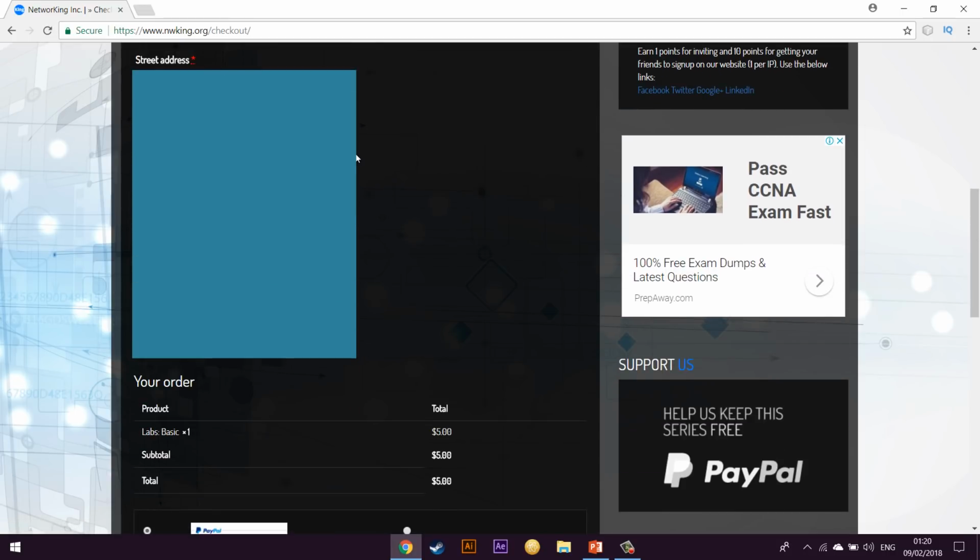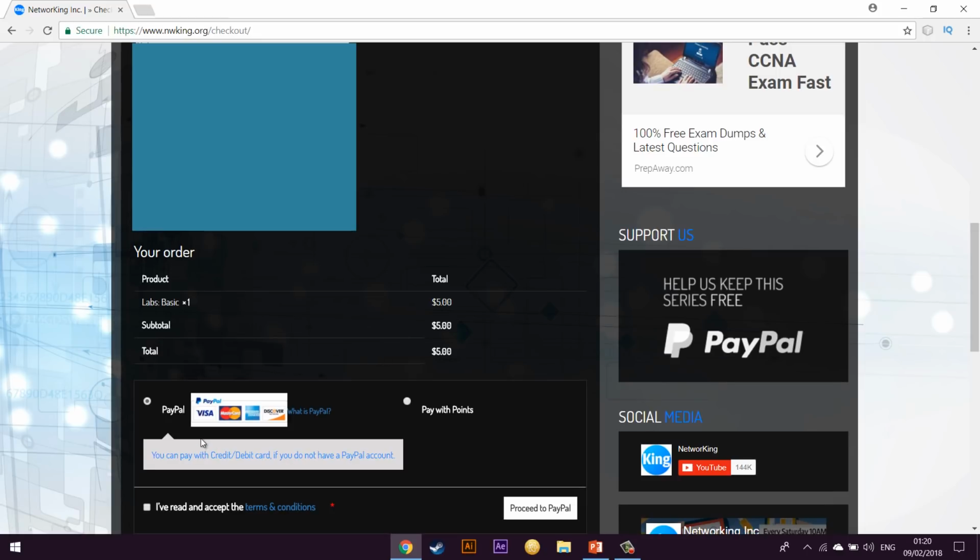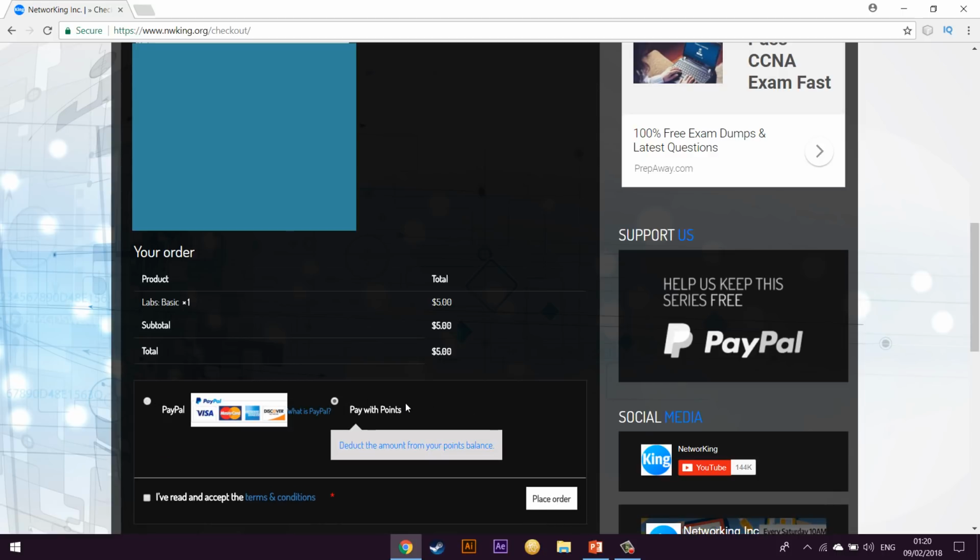Once I put in all the details, I can choose PayPal if I want to pay by credit card or PayPal, or I click on this which says pay with points, and it will deduct 500 from your points balance as it showed on the previous screen.